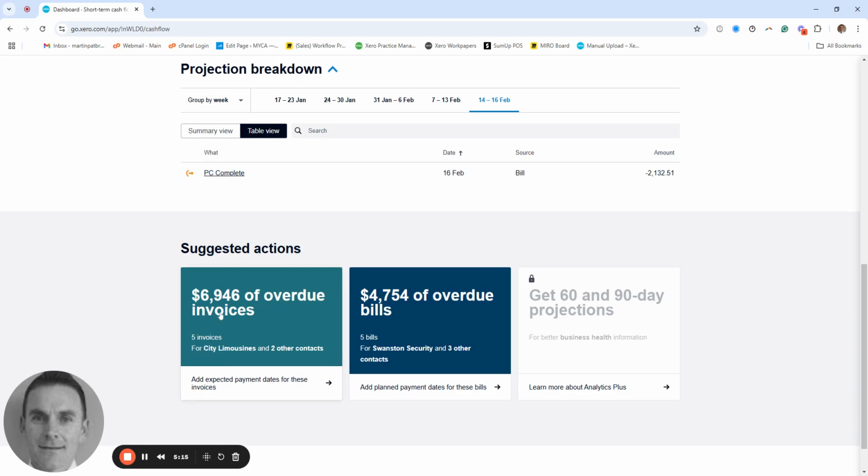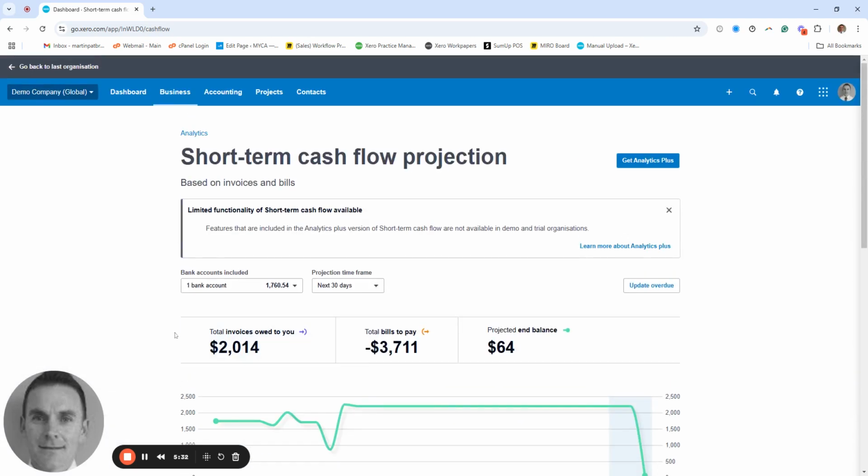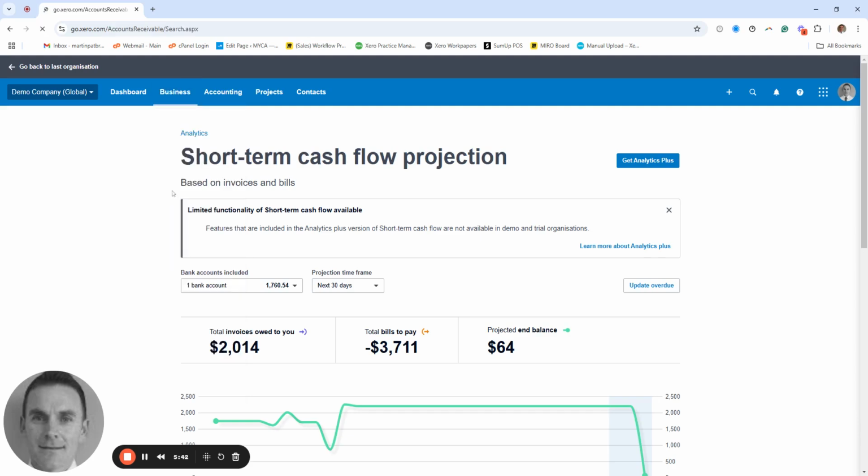So we've got 7,000 of overdue invoices: 5 invoices coming in from City Limousines and 2 other contacts. You can click on these and go through the bills that are falling due. As well as that, we've got another 5 bills here. Now, as I mentioned earlier, you get 60 to 90 days projections if you want to sign up for the Analytics Plus. But the information on this report is only as good as the information that you're putting